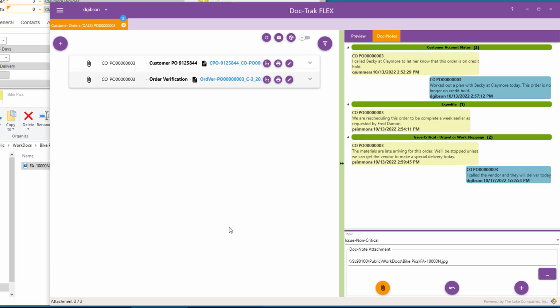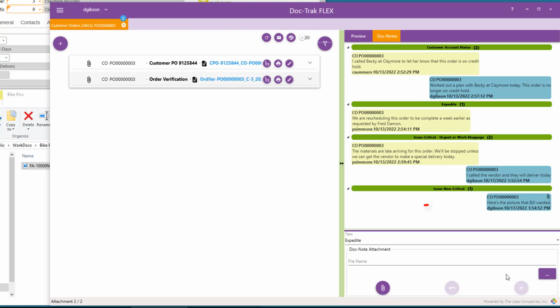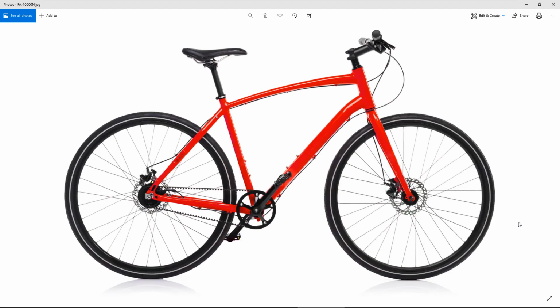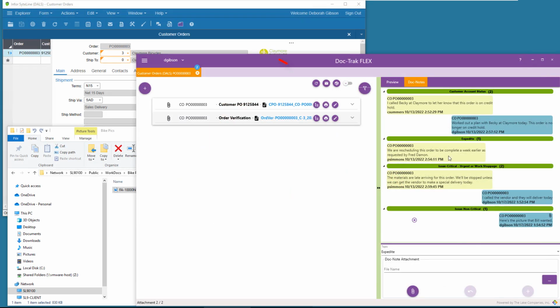Now before I select the Add button, notice that the icon changes color to indicate that I'm getting ready to attach a file with my note. Also, if I wanted to, I could select this Clear button to wipe out the text and file and start over. But this looks pretty good to me, so I'll add it. And here's my new note under the new topic. And to see the attached file, I just double-click anywhere in the note. Now watch what happens when I refresh.